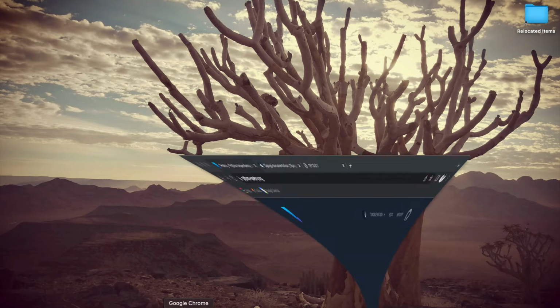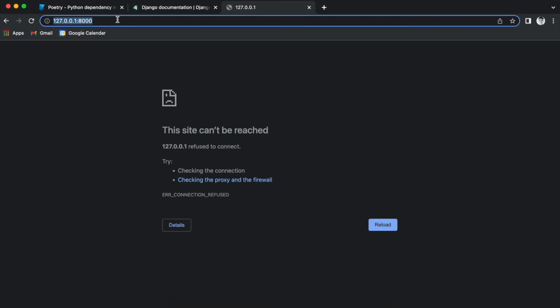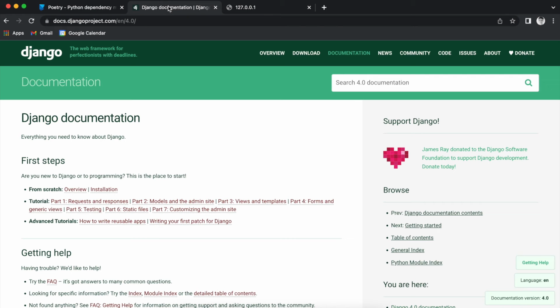So it's not going to get anything online or anything, but essentially this URL on our local machine is going to serve us up a Django page. So for now there's nothing there. We're using Django,